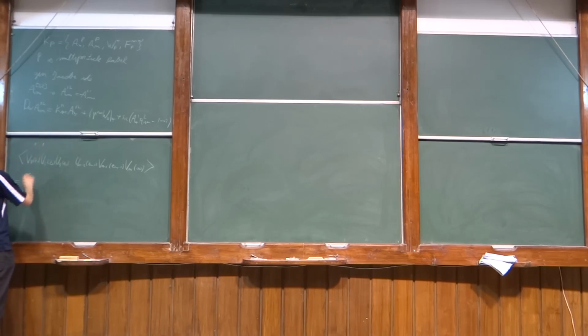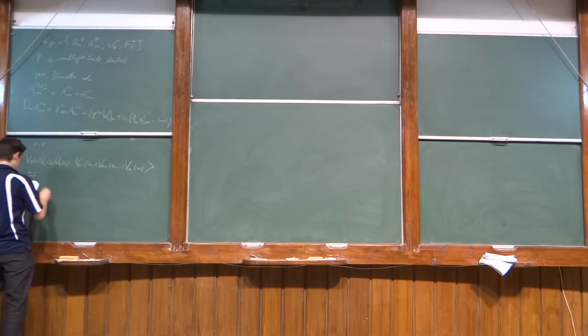And the claim is that this correlator is equal to a sum over p from 1 to n minus 2, and v1 to